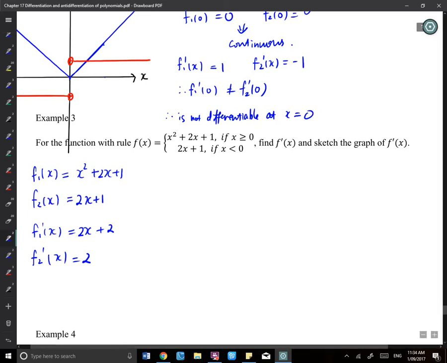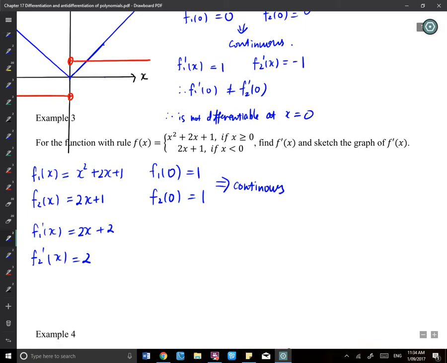So 0 might be the problem point. I will say f1(0) is 1, f2(0) is 1 as well. They're the same point, so I will say it's continuous. It's connected. Well, it's continuous first. If it's not continuous, I'm not going to do the next step because there's no point to talk about differentiability